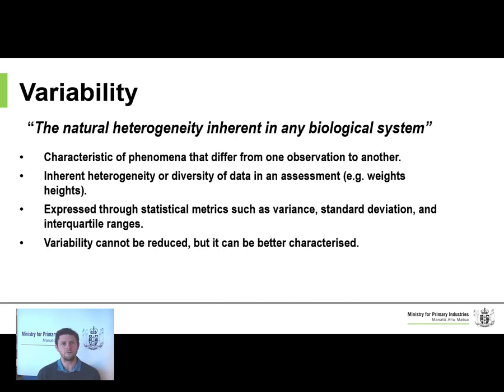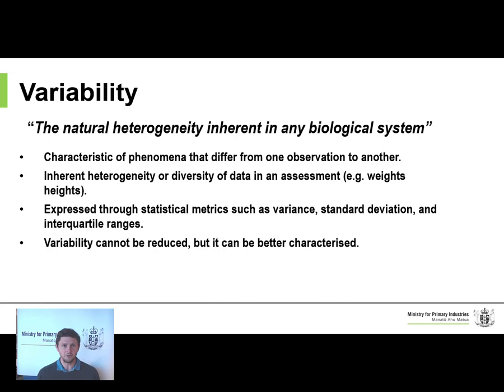But a really good example of this is food consumption data, where the consumption activities or behaviours can be very, very different from one part of the country to the next. We have very different eating habits, for example, in Auckland versus what we see at the bottom of the South Island, Dunedin. Now, the reason why this is really important is because variability can have an impact on exposure assessment, understanding, and ultimately the consequences of the entry and exposure of that particular organism itself.